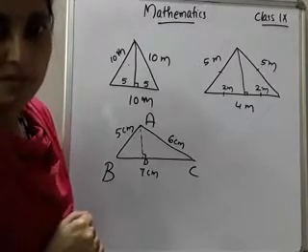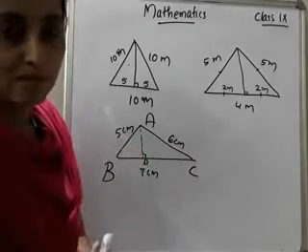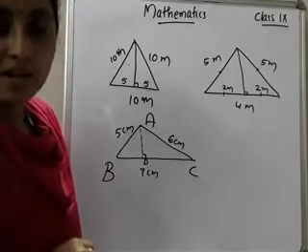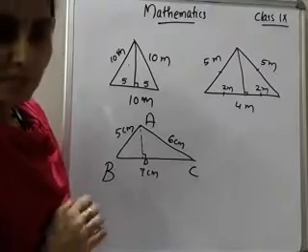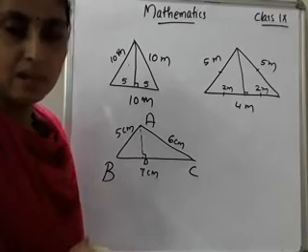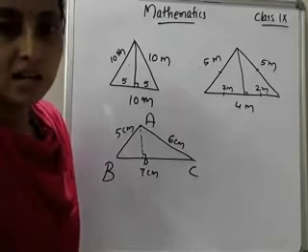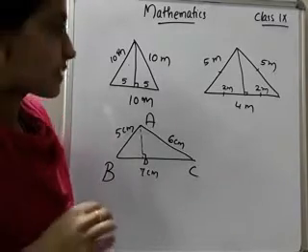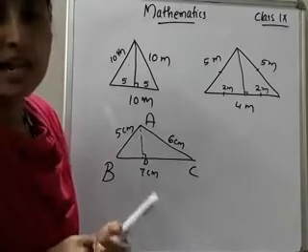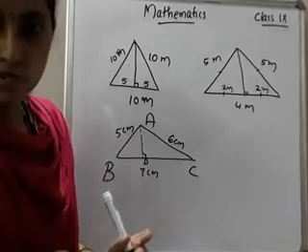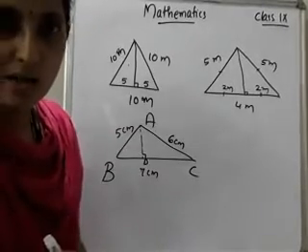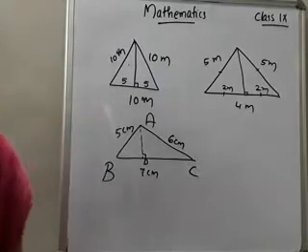The chapter is chapter 12. I directly move to chapter 12 because that is an easy chapter, so you can understand easily. Other chapters are a little bit lengthy. After completing Heron's formula, we will move to the next chapter. So, that is chapter 12, Heron's formula. Please take your notebook and put today's date and write down the chapter heading, chapter 12, Heron's formula.